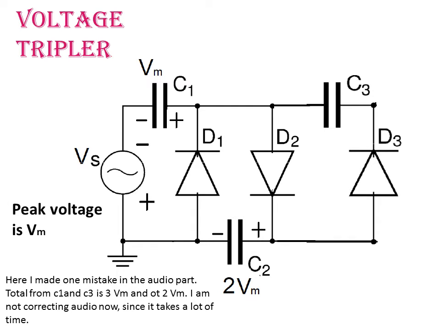At that point the polarity of the source is like this, which will make D3 forward biased, and it will conduct current in the upward direction and charge the capacitor C3 in such a way that the right plate of C3 will be positive. This is the polarity acquired by the capacitor C3. Now we have to see how much is the potential to which C3 can be raised. To do that, we have to find out the net voltage available for charging C3.